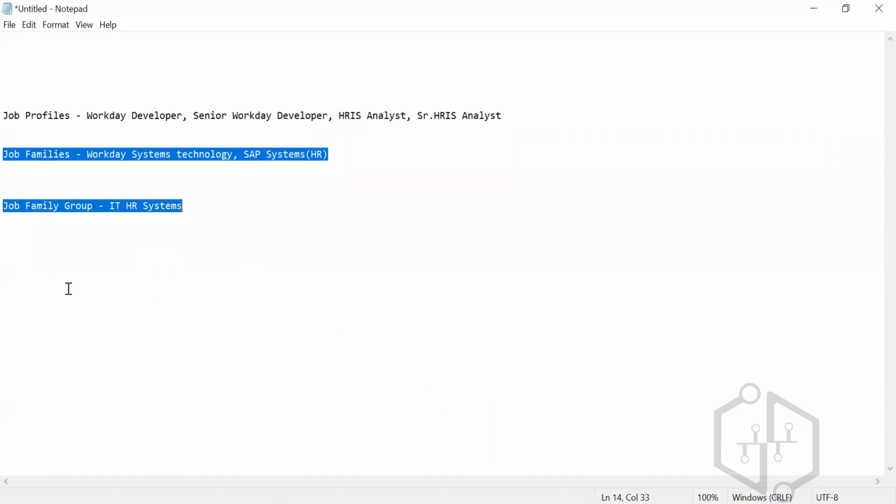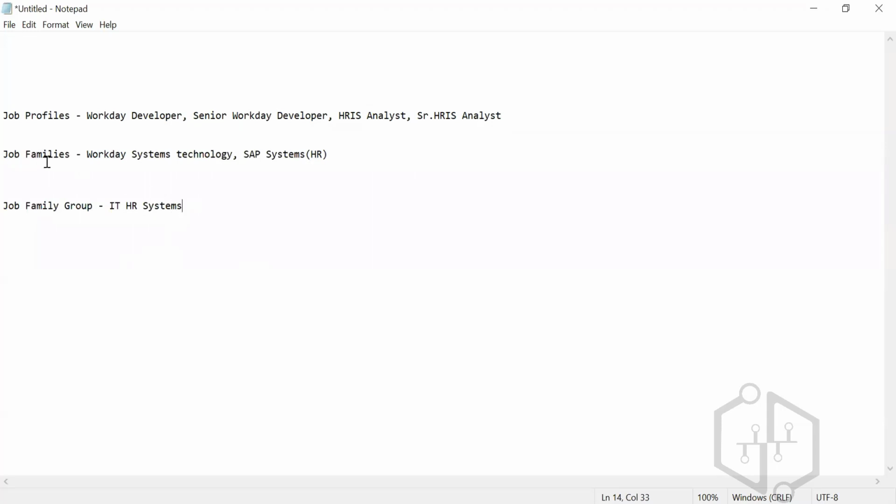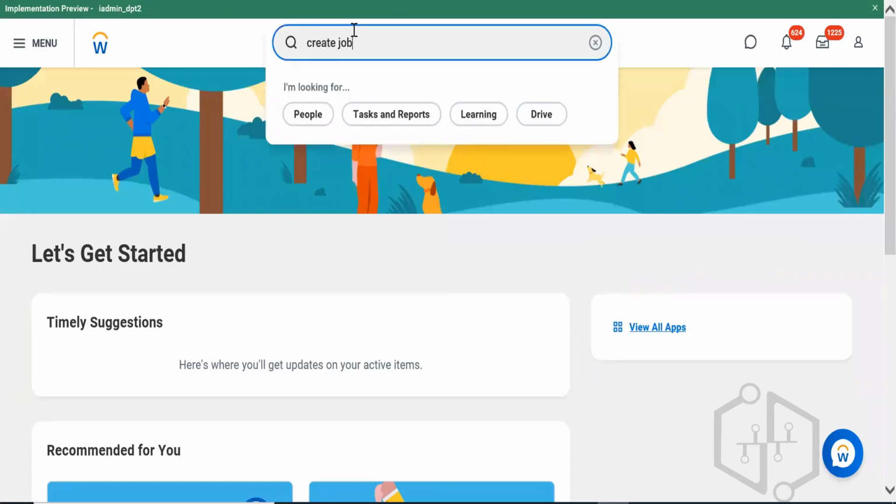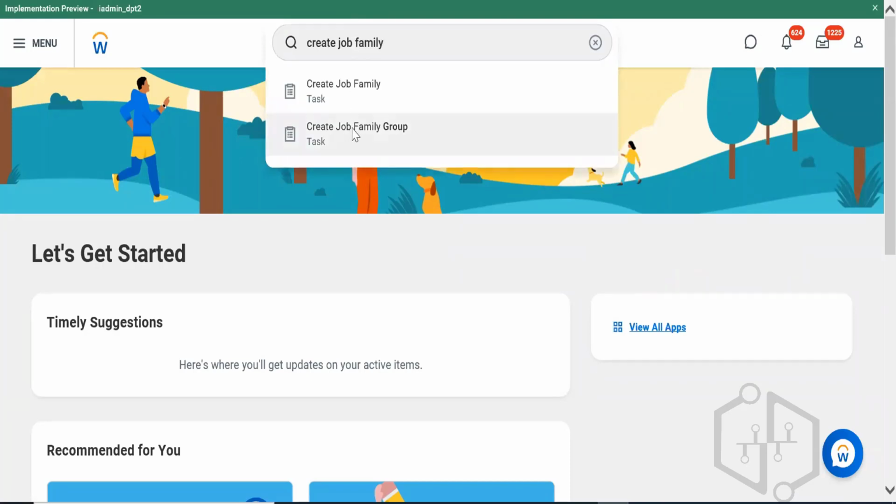So I'll try to create one simple group and attach your families, and to that I'll be attaching some job profiles so that you'll get to know how the flow will be. Then we'll get on to the straightforward task. You have create job family group,